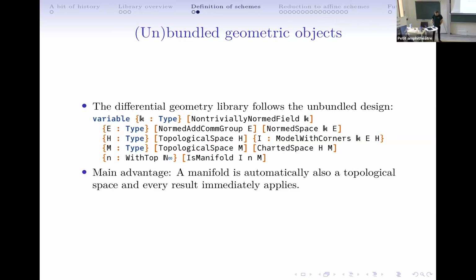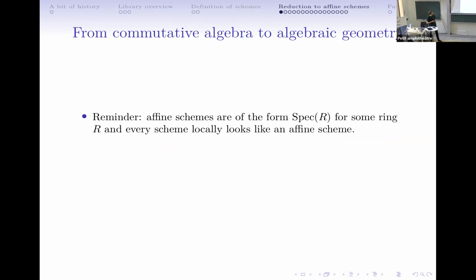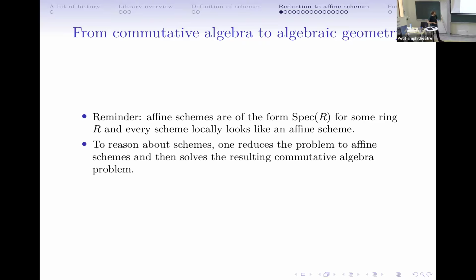And let's now talk about maybe the main design problem in algebraic geometry. I told you affine schemes are always of the form spec of R for some ring. For some construction, we don't know how it looks, but they're always of this form. And every scheme locally looks like an affine scheme. So this is the only thing we know. It's a geometric object that locally looks like some object that we understand from commutative algebra. So every proof should reason via reducing the problem to a problem about commutative algebra. There's no other way we can reason about schemes other than reducing it to commutative algebra. And this reduction to commutative algebra is